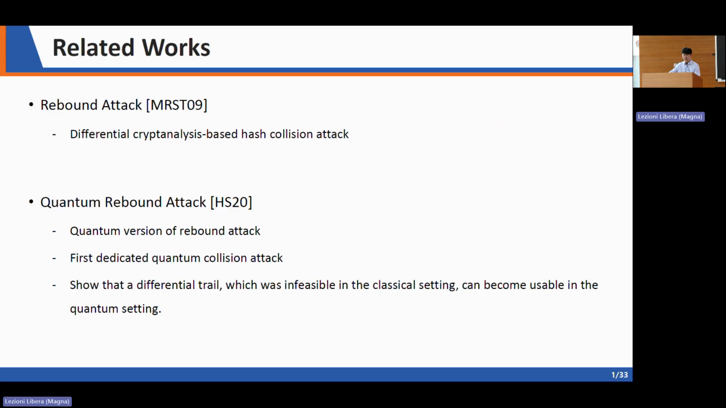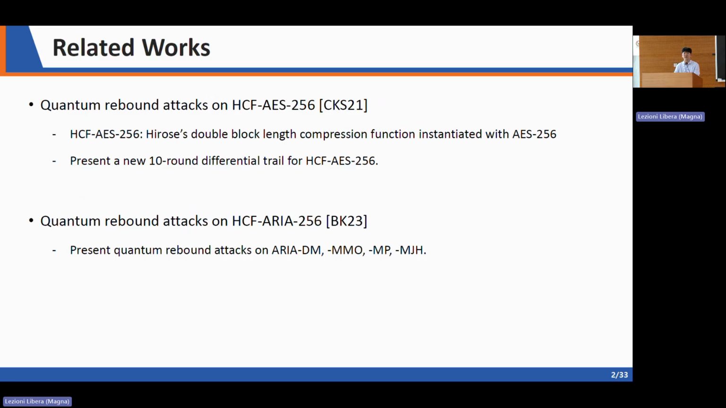Looking at related works, rebound attack is a differential cryptanalysis-based hash collision attack proposed in 2009. Later, in 2020, quantum rebound attack was proposed, and it was the first dedicated quantum collision attack. This work showed that a differential trail, which was infeasible in the classical setting, can become usable in the quantum setting. Following this research, many variants of quantum rebound attack